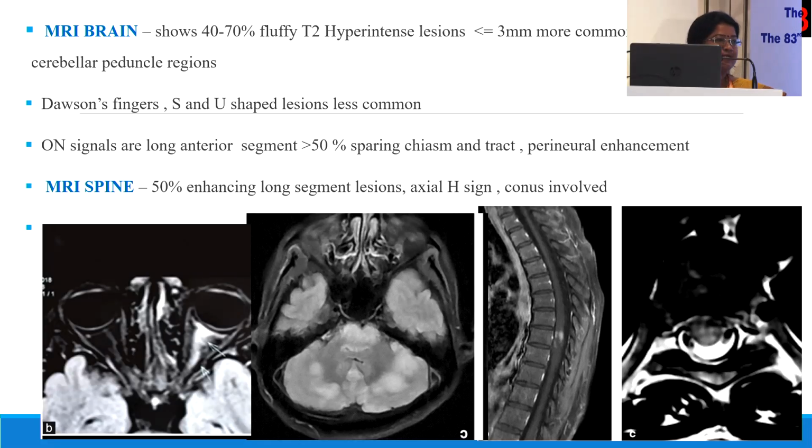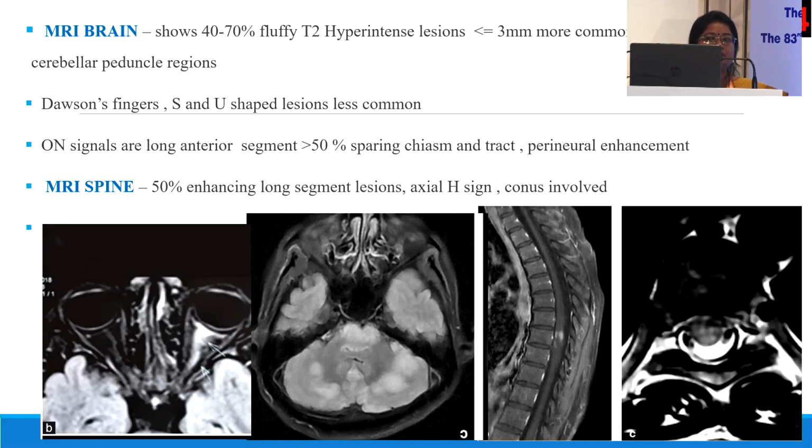optic nerve. And these are the fluffy brain lesions, which can be hyperintense and mostly less than 3 millimeters, and they don't occupy the areas like Dawson's fingers areas, S and U type of lesion. They usually involve the thalamic, pontine, and cerebellar peduncle regions. And the MRI spine will show the classical H sign, and sometimes we can also see a long segment involving